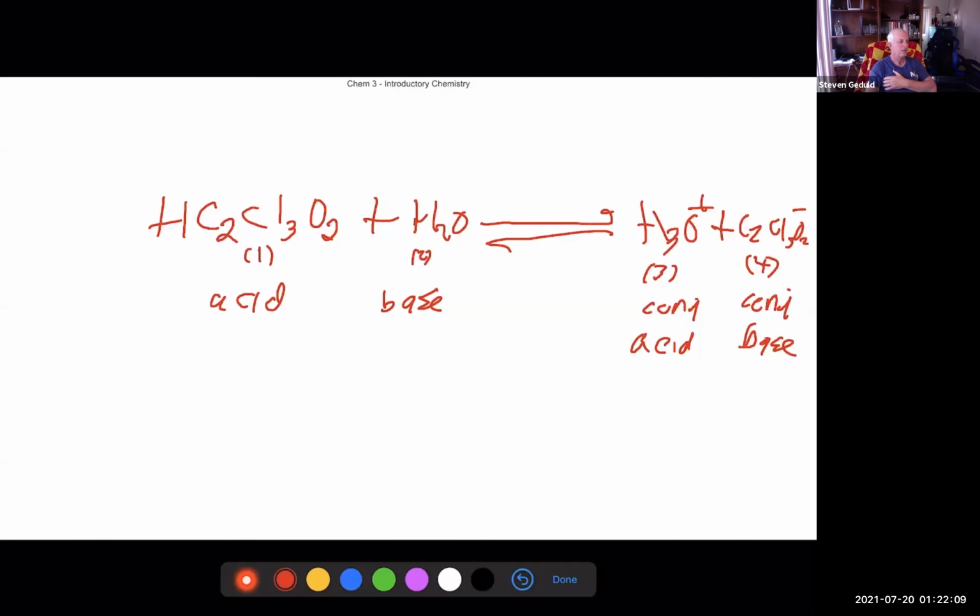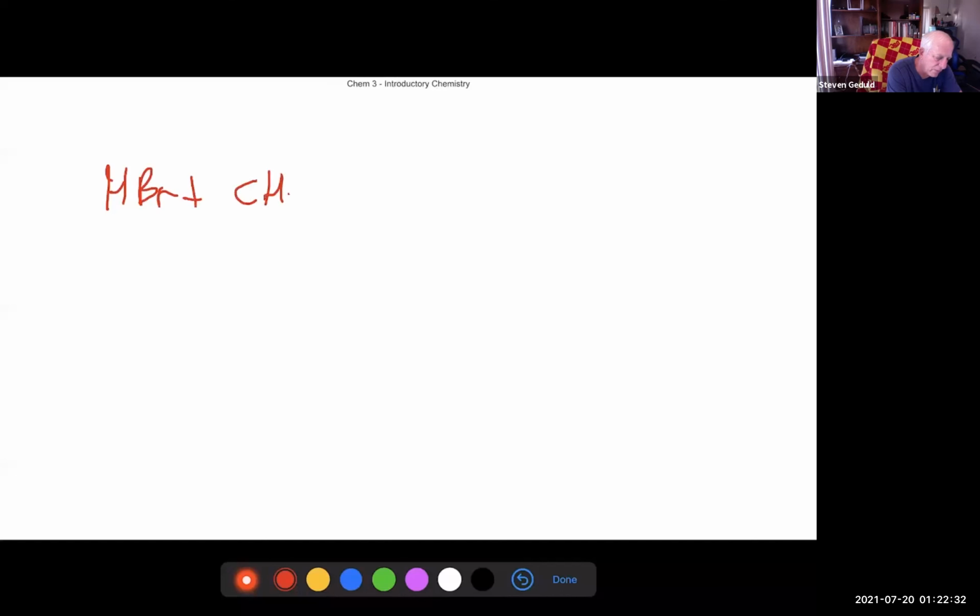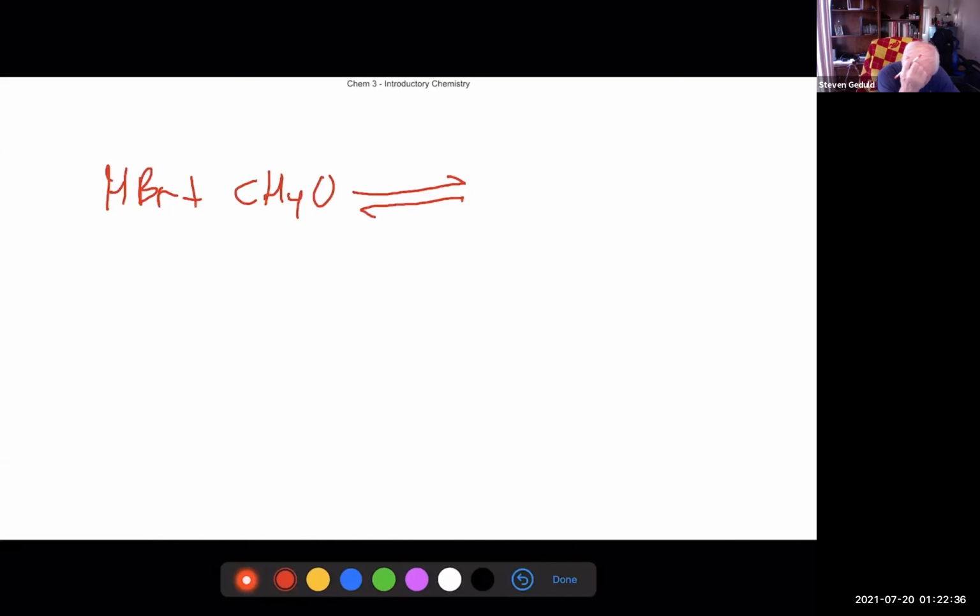Okay, let's do one that's not as easy to identify. Identify the acid base pairs. All right, let's take HBr. This is from your book here. Plus, equilibrium reaction goes both directions to